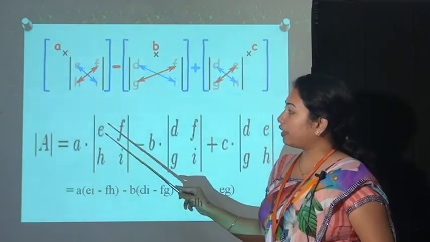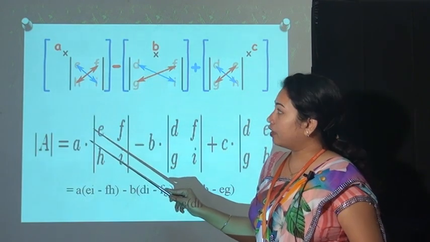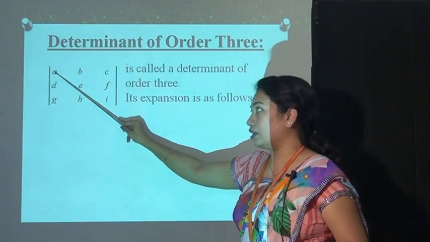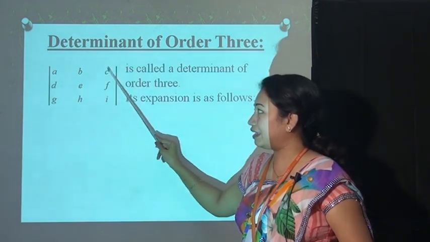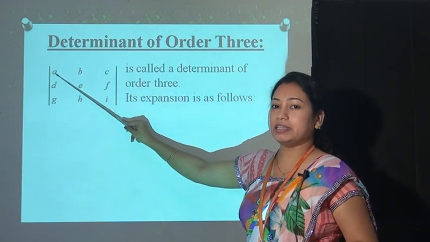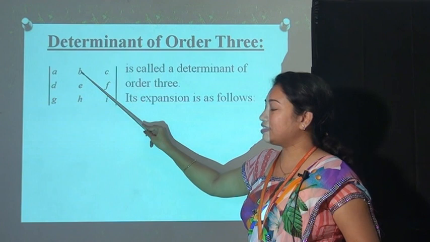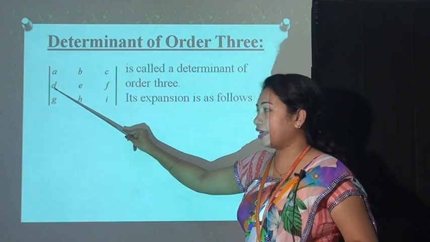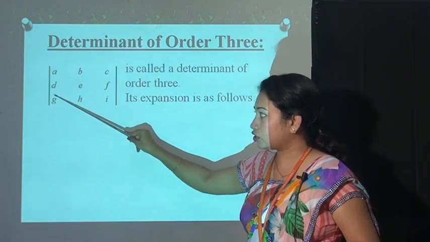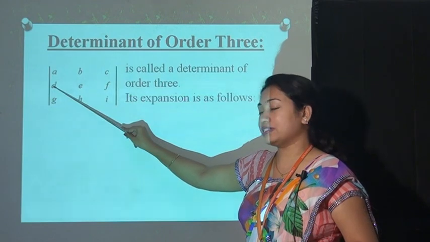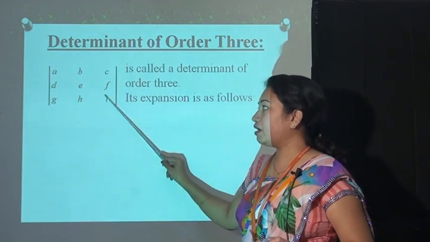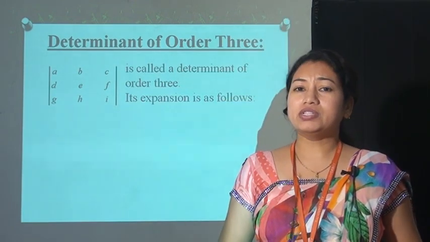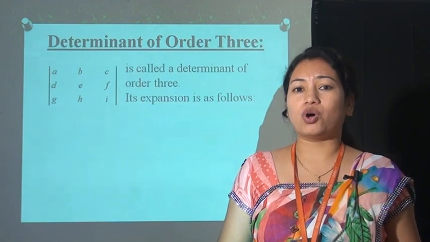So if we want to find out the value of the determinant, the arithmetic symbols of these elements are as follows: the first element is always in plus sign, the second element is always in minus, the third element is always in plus sign. Similarly, this one is in second row and first column, so 2 plus 1 is equal to 3. That means all those elements which are in the odd place, the symbol is always minus, and those elements which are in the even place, the sign is always plus.